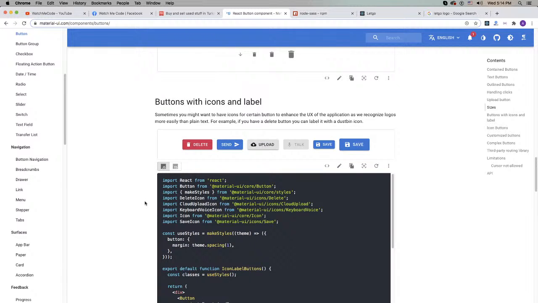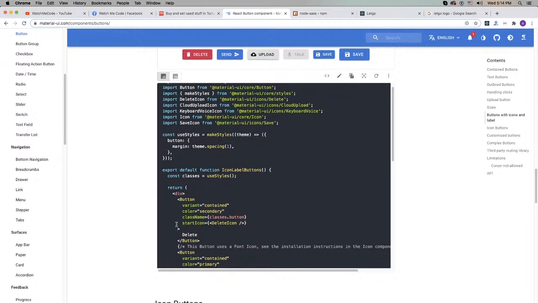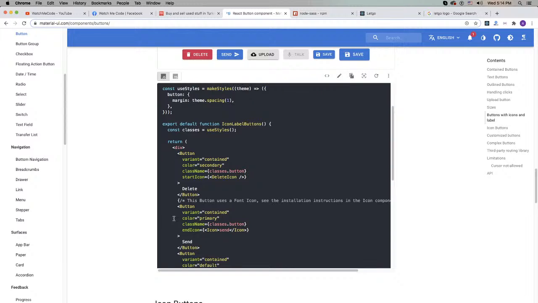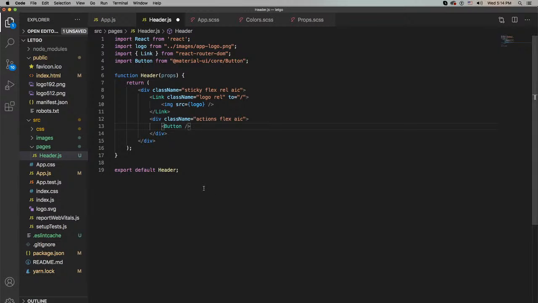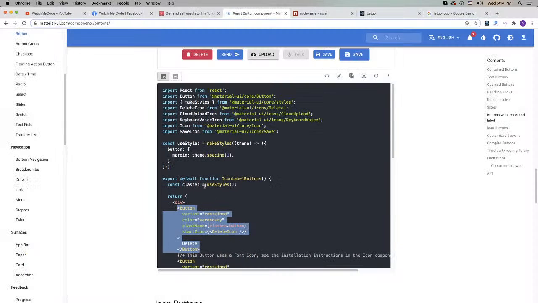And for the code we need to import it as import icon from icon. And if I go inside, yeah, we need simply this code. Let's copy and paste here. Variant contained, color should be secondary, we will change it later. And the class name will be classes dot,